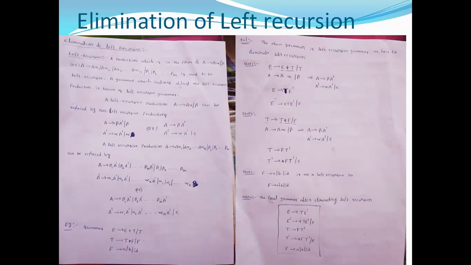So in the previous slide, we explained what a left recursion is. A left recursive production A → Aα | β can be replaced by a non-left recursive production. In the previous formal languages and automata theory course we used one form, and another textbook follows this. Both are correct. In compiler design we use these productions to eliminate the left recursion.